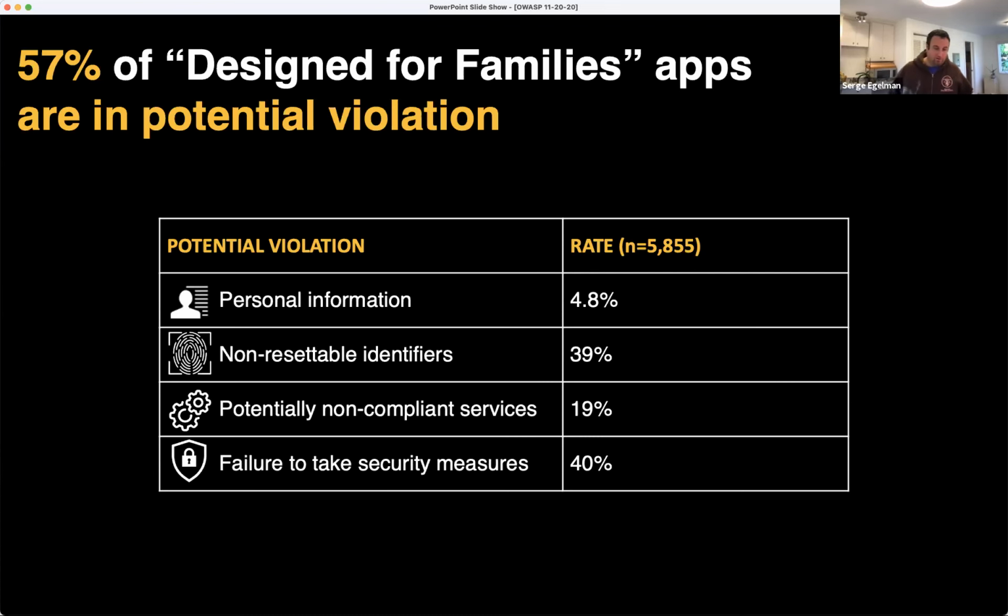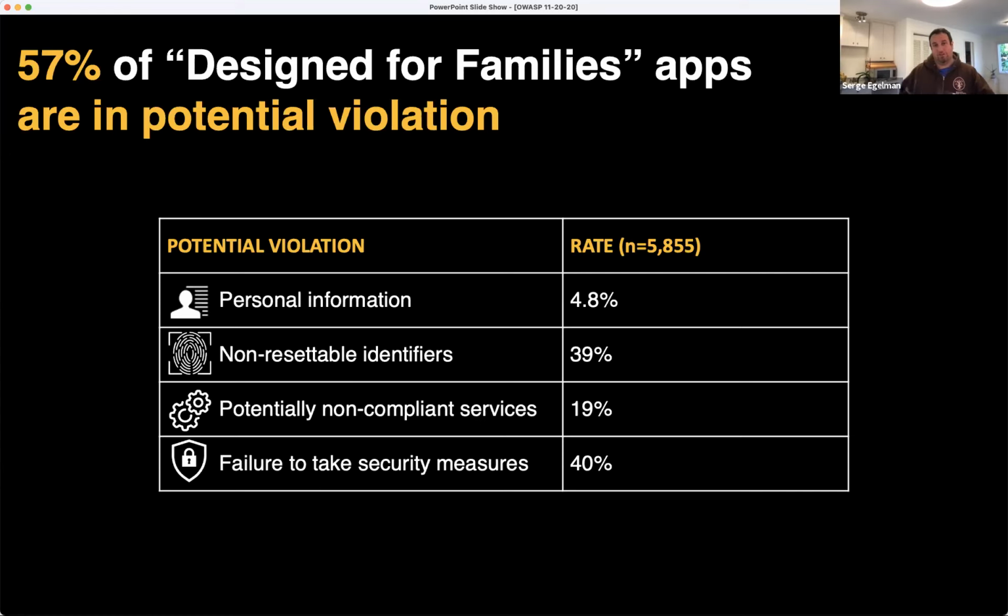And we started studying this at scale by downloading thousands of apps. We were able to collect almost 6,000 apps that were marked as targeted at children. And the conclusion that we came to is that the majority of them appeared to be in violation in some way or another. Cases of outright collecting personal information that's strictly illegal, like location data going to advertisers, were relatively rarer, a little under 5%.